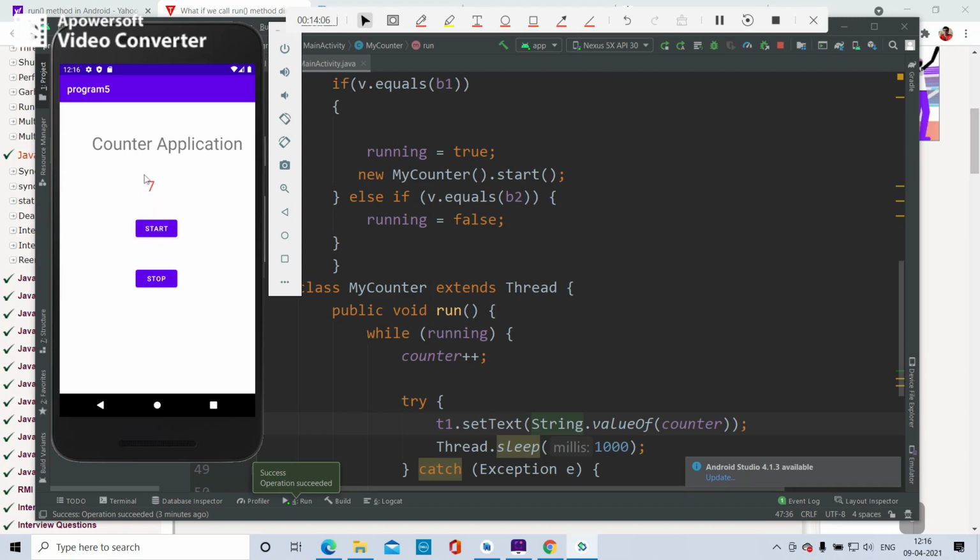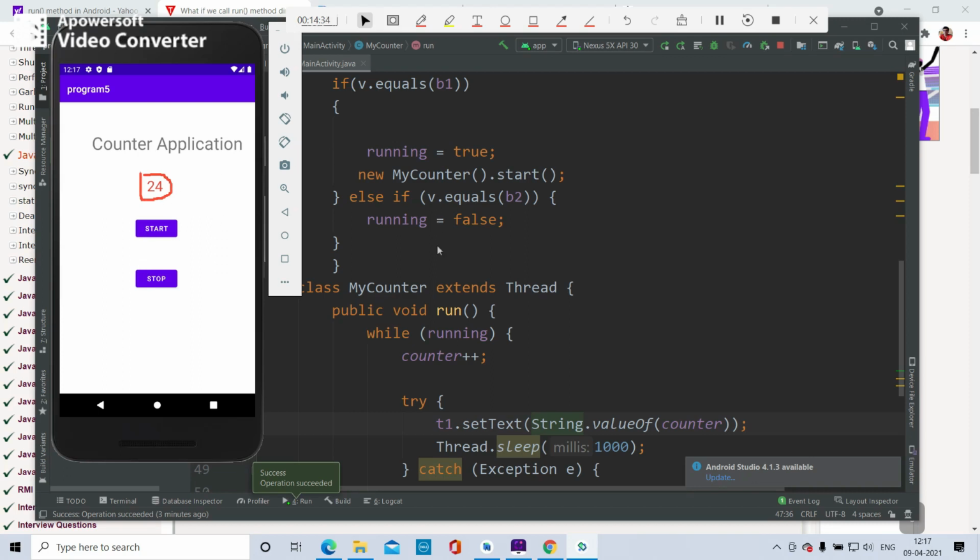It is displaying the incrementation of the count. You can see here the counter is incrementing. And then if you select stop, it stops. Once again, if you continue with start, it starts the counter. Once again, if you give stop, it stops the counter. This is how the counter application works.